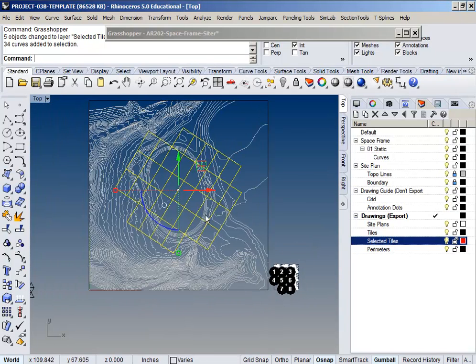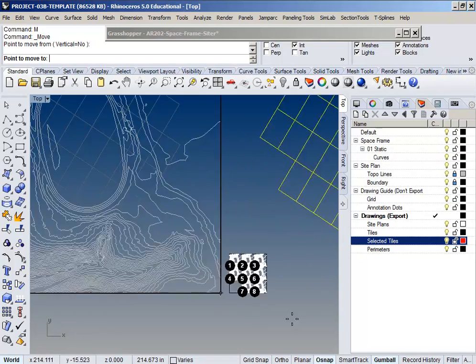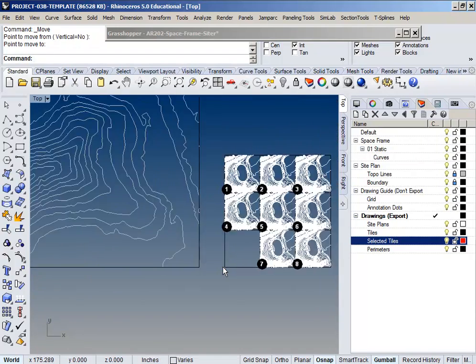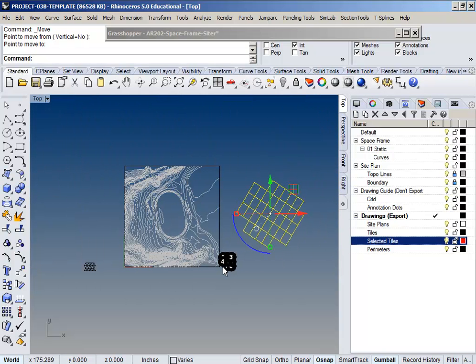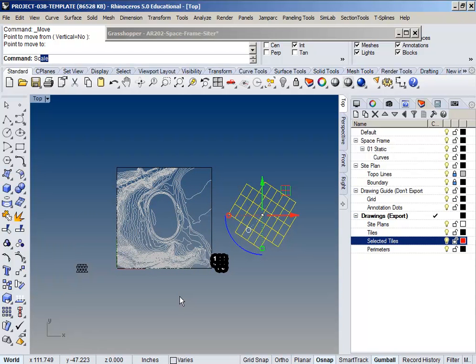So I'm going to just use the move command. And for move, I'm going to move from this corner here, which is also just 0, over to this corner here. And I'm going to scale it. Now, I didn't bring my boundary over. I could have turned this off and made a copy of my boundary as well. I could have done that. But since I didn't, I can also just scale it